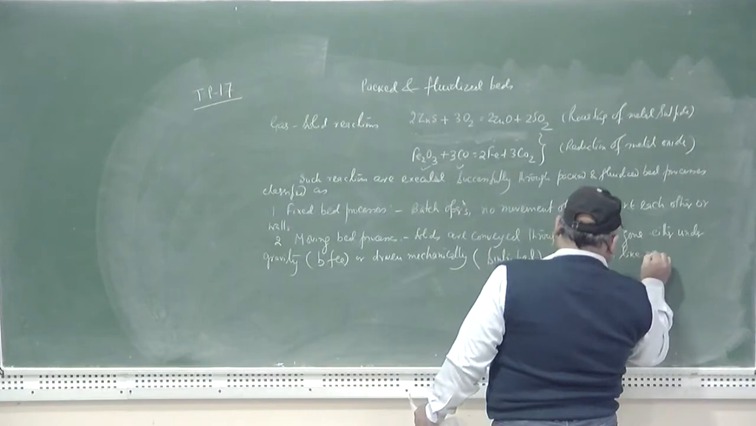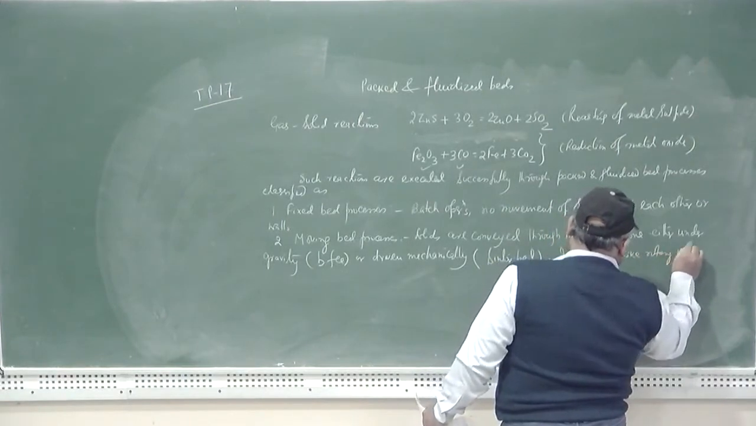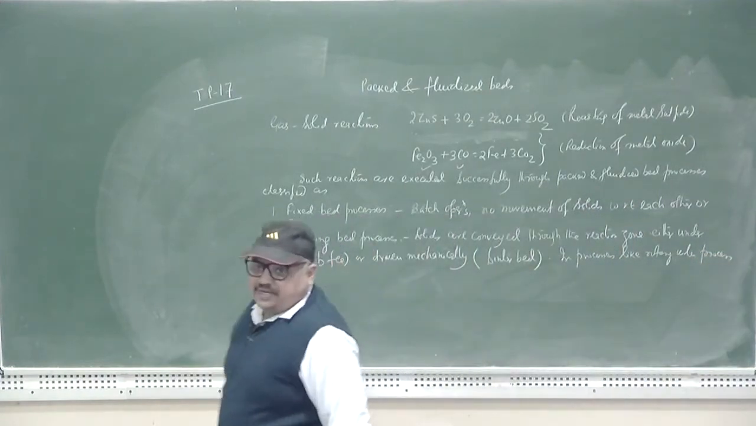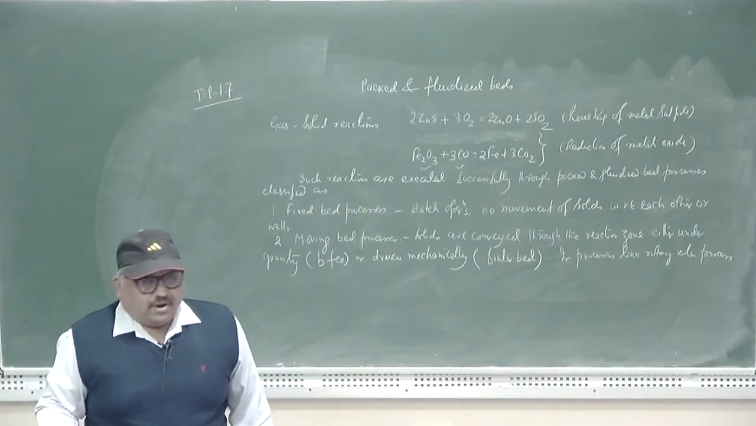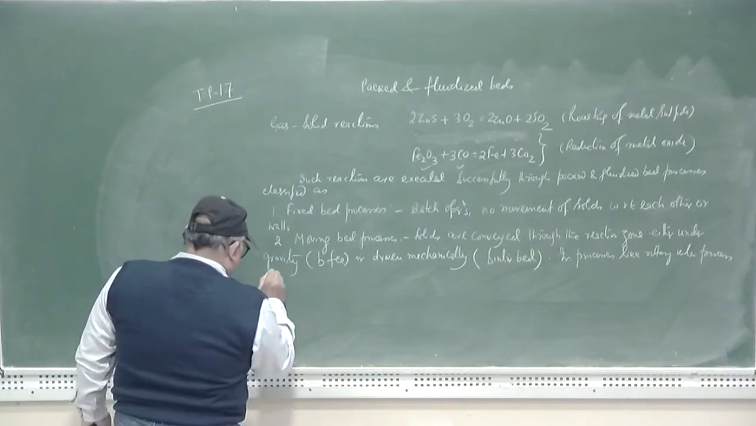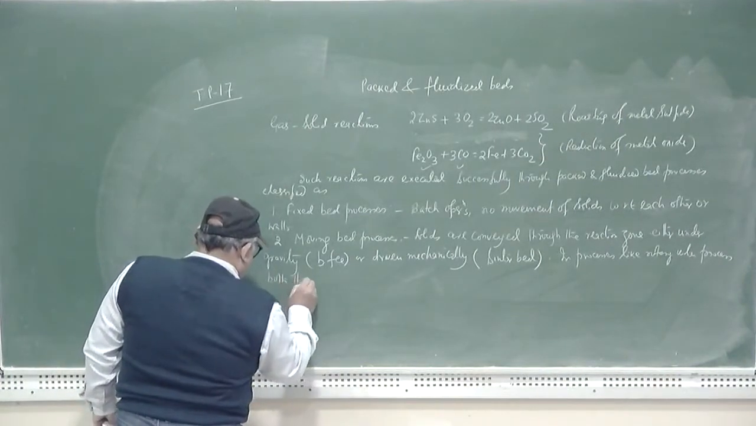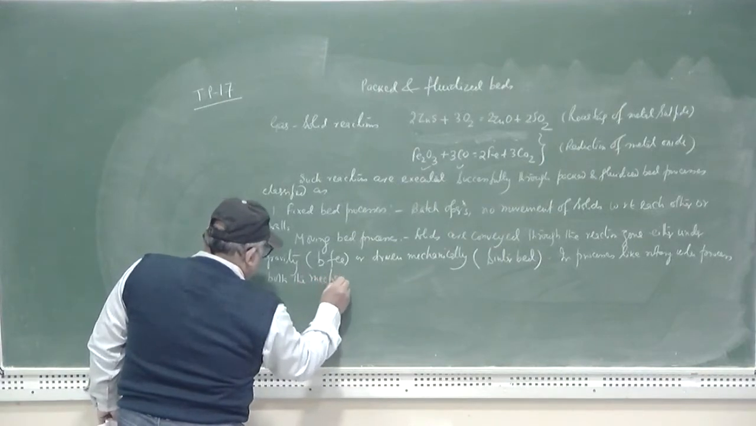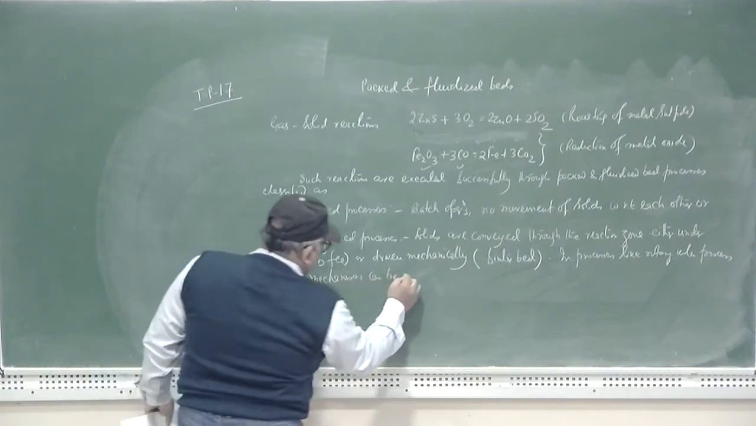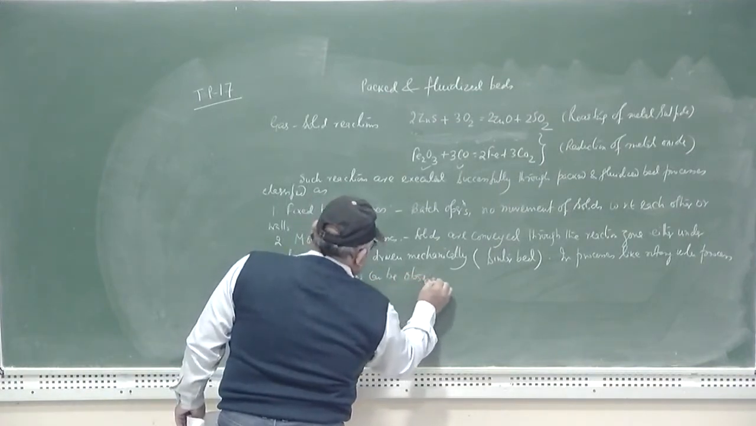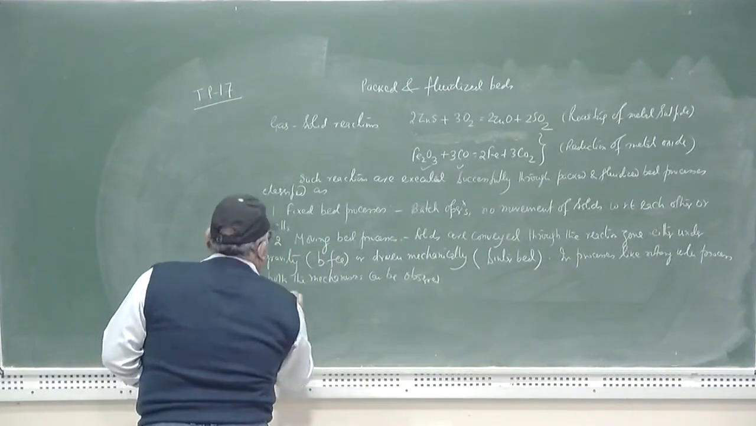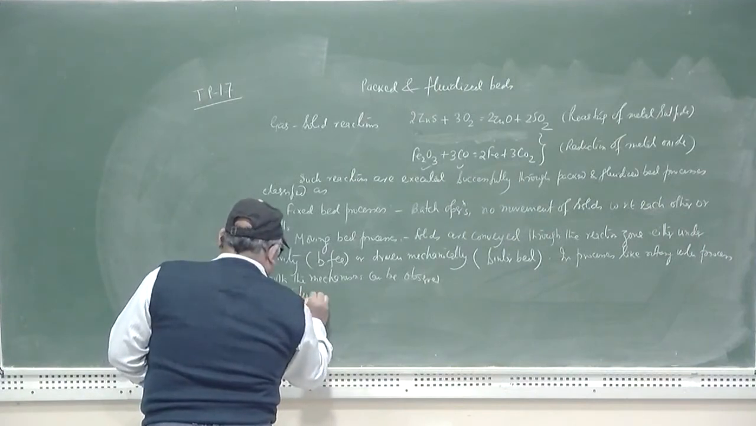in processes like rotary kiln process, either the rotary kiln process for the cement making or the rotary kiln process for the production of sponge iron, both the mechanisms can be observed. Number 3 is the fluidized bed process,